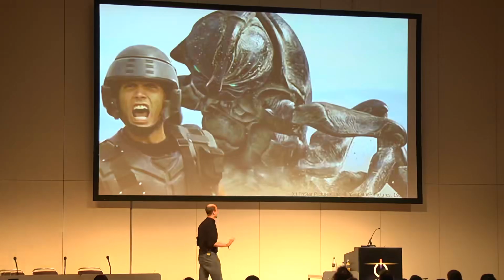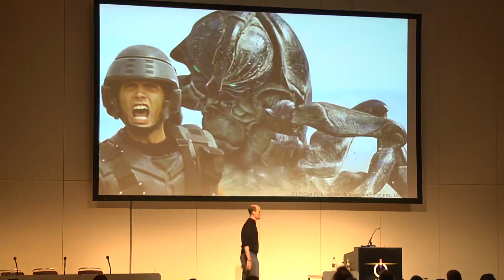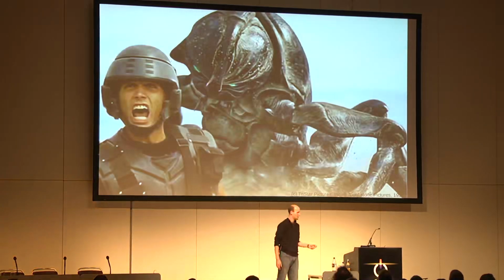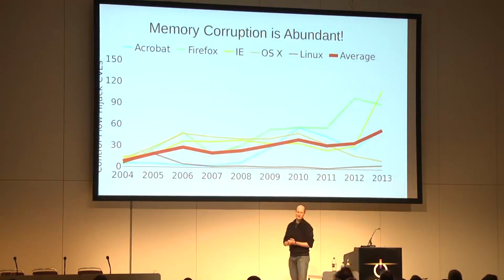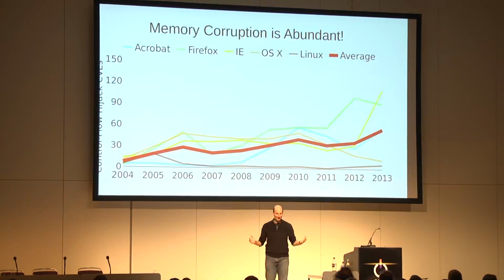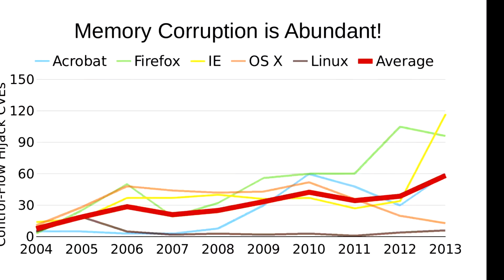We live on an ugly planet, a bug planet, and it's just terrible out there. There are so many bugs, it's just crazy, and we are overrun by them. If we just look at what happened in the last couple of years, for example, pointers not working. Memory corruption bugs are abundant. They are literally everywhere, and there are so many CVEs out there where an attacker can gain some form of control flow hijack.